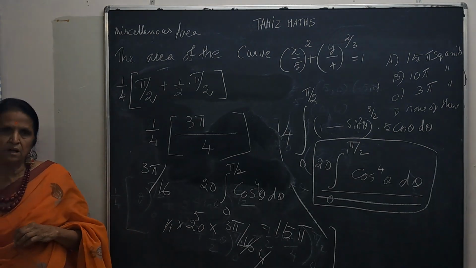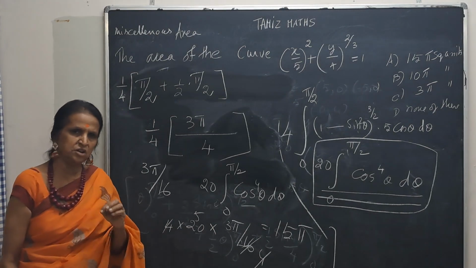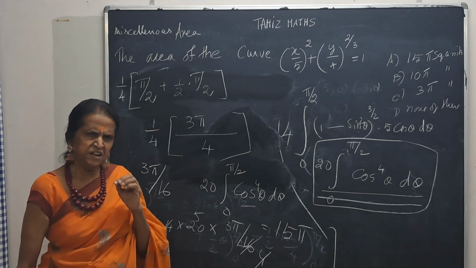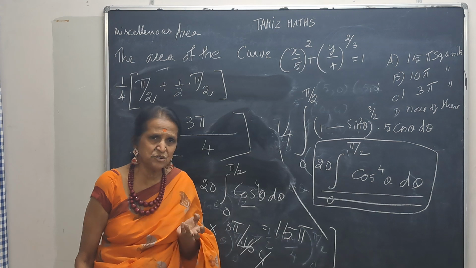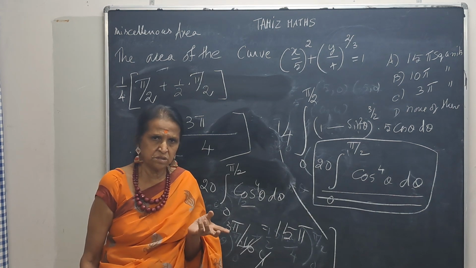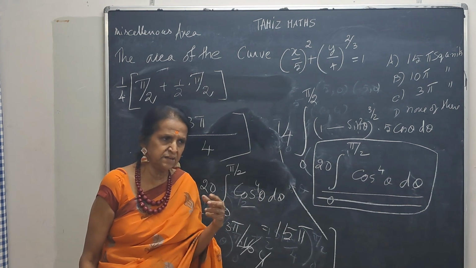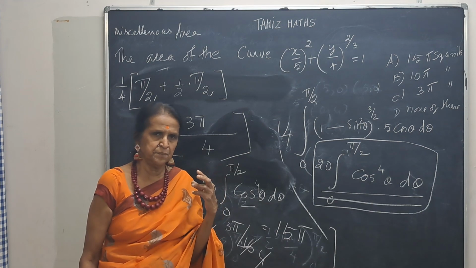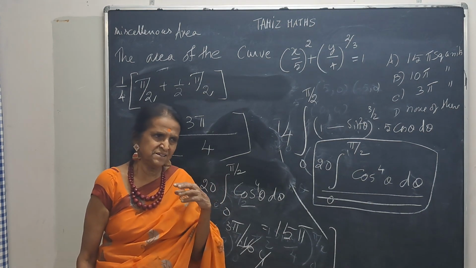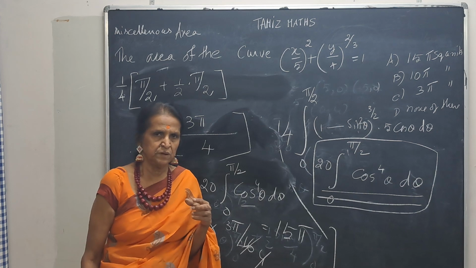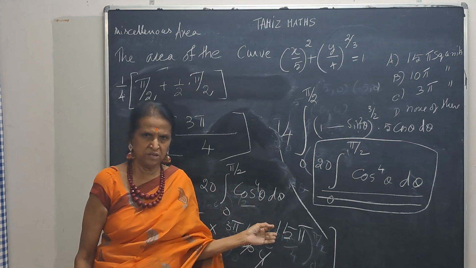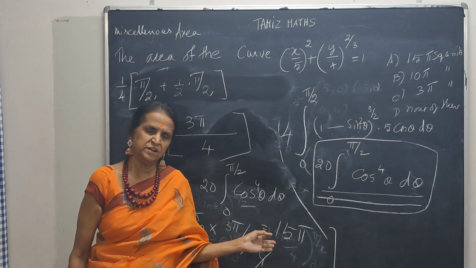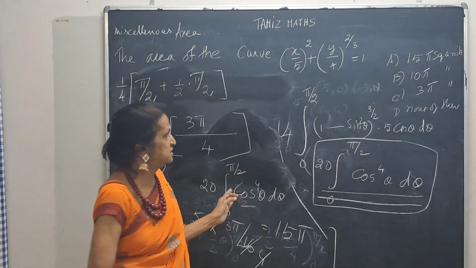It's a little different problem because it's not a normal curve we know. So if any new curve comes, don't panic. It's not that you will know all the curves. What we are used to reading are ellipse, hyperbola, rectangular hyperbola, circles and straight lines, all that we will know. But if any new curve comes, please don't panic. Follow whatever instruction I have given and work it wonderfully well. So the answer here is,